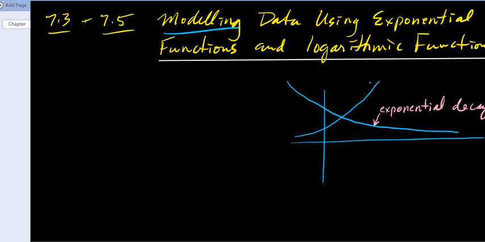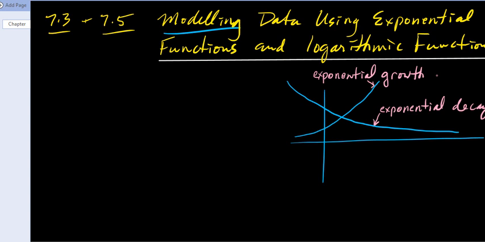And an increasing exponential function, you'll hear that referred to as exponential growth. Okay, so first part of your notes, make sure you have that on your notes, that an increasing exponential function is modeling exponential growth. So we're talking about growth of populations, of bacteria in the lab, something like that. Exponential decay,